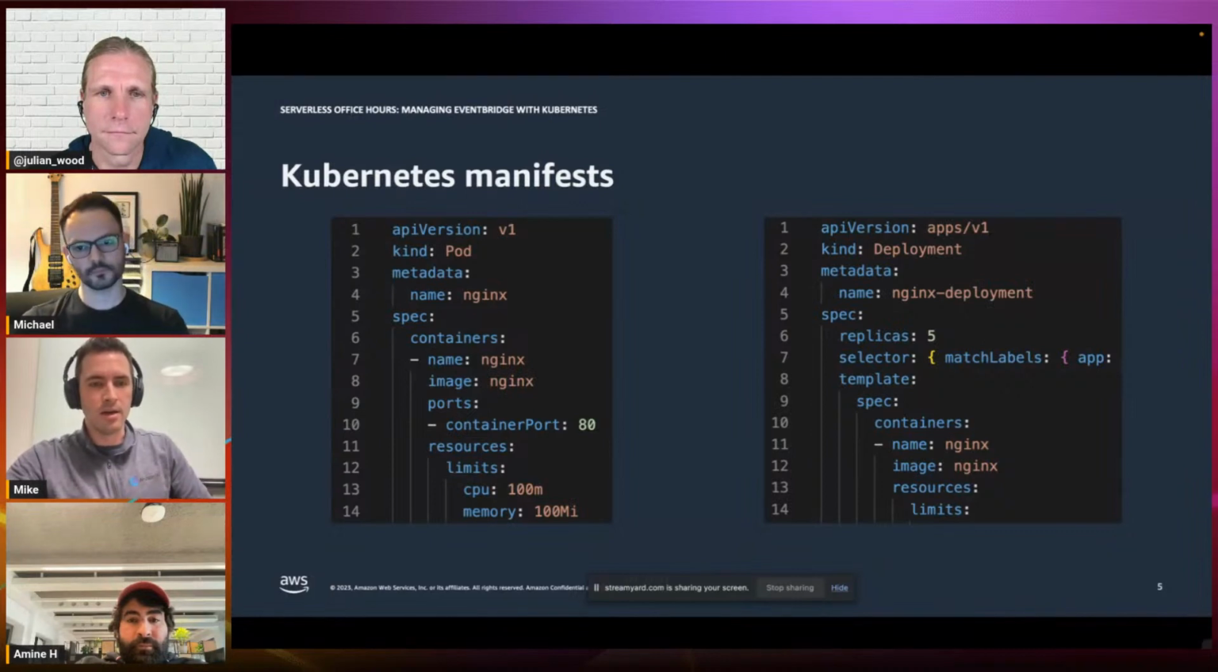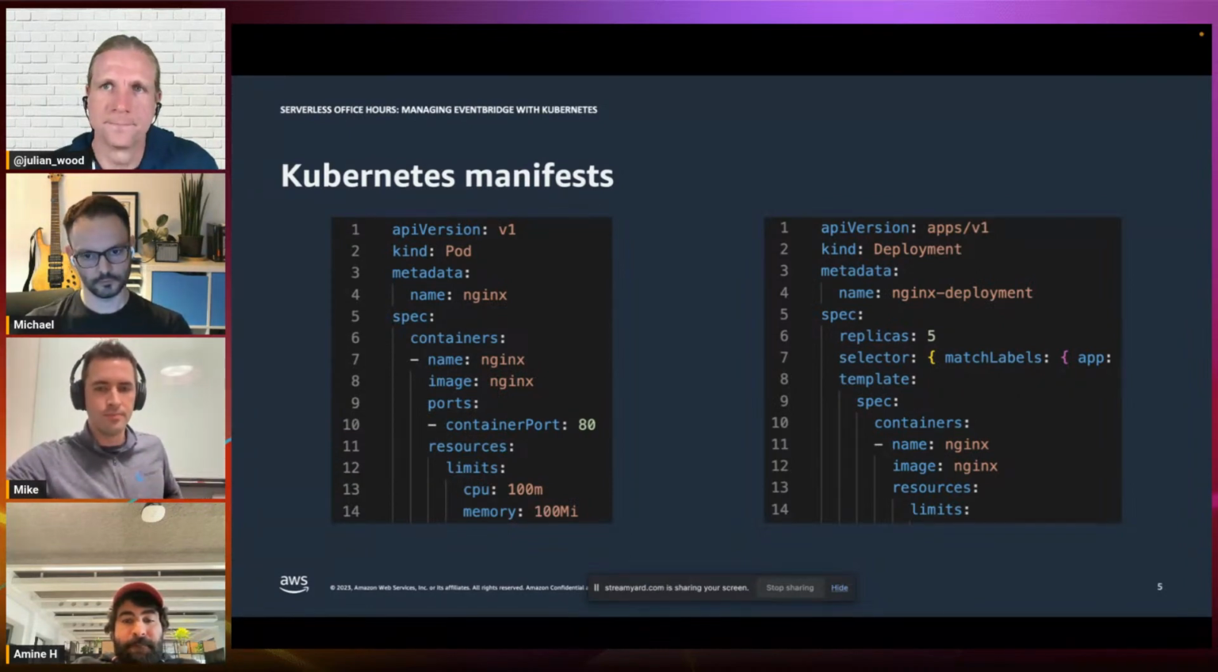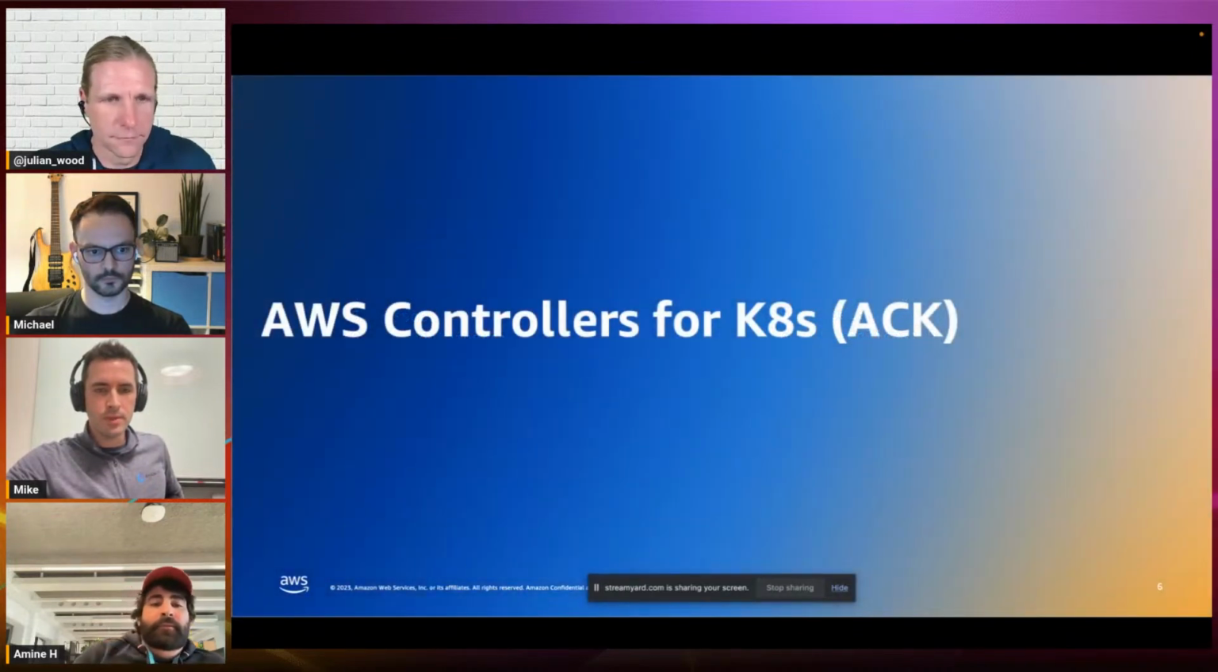So it's not a CRUD API where you're saying create, deployment, update. You're saying apply. This is my end state. Kubernetes, go make it happen. So this gets us into ACK. And